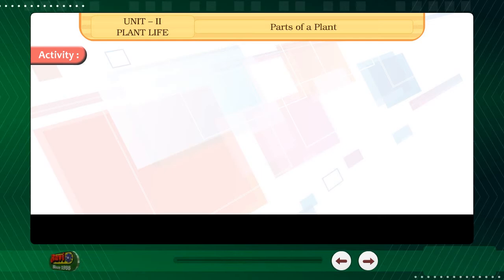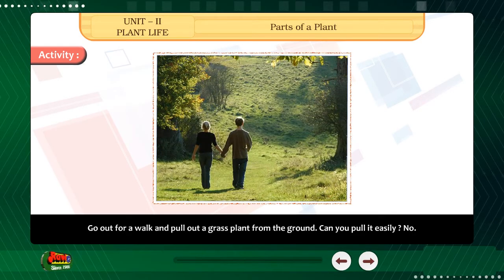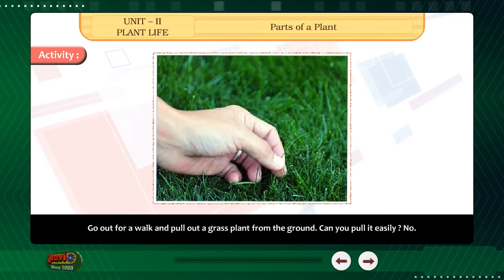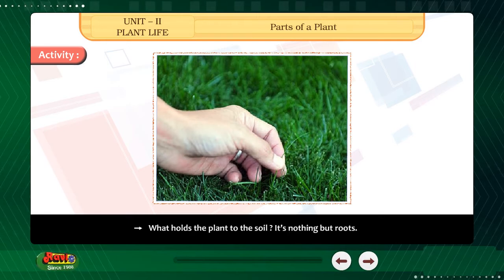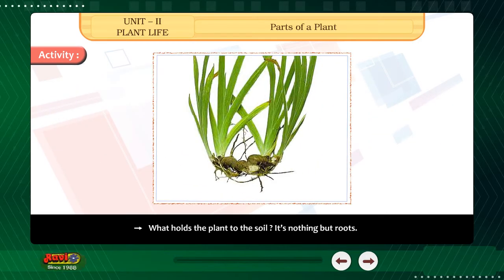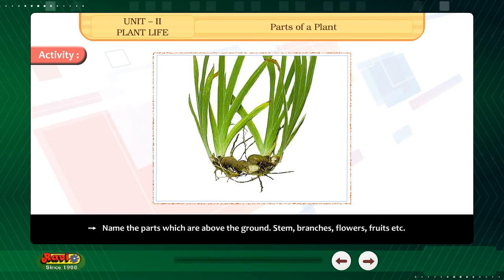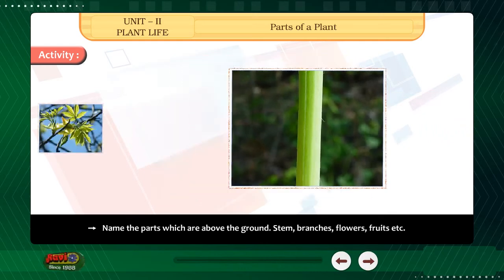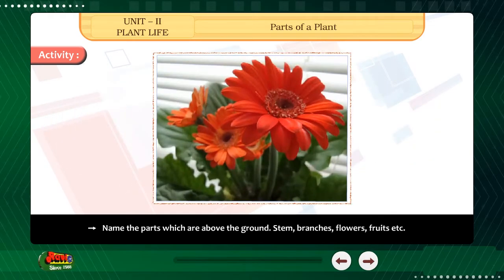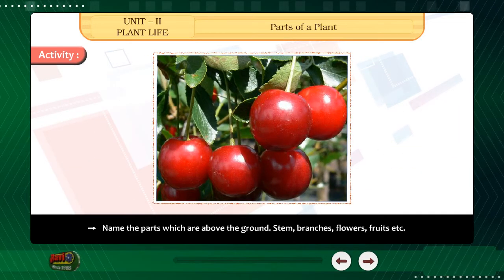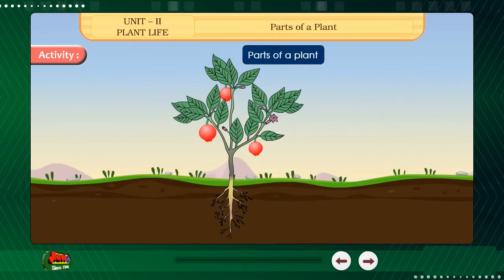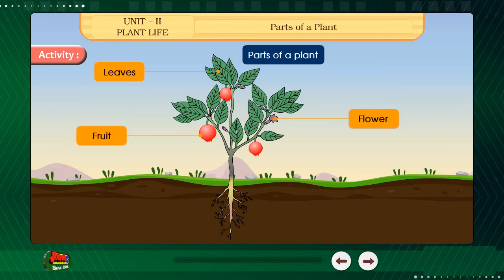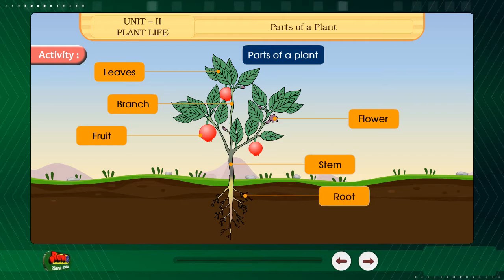Activity. Go out for a walk and pull out a grass plant from the ground. Can you pull it easily? No. What holds the plant to the soil? It's nothing but roots. Name the parts which are above the ground. Stem, branches, flowers, fruits, etc. Parts of a plant. Leaves, flower, fruit, stem, branch, root, bud,